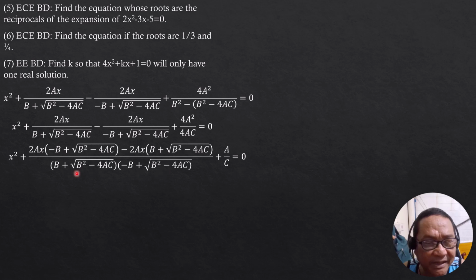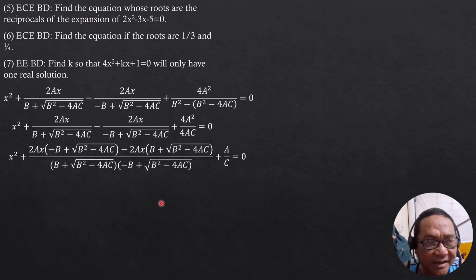And the denominator is the product of b plus square root of b squared minus 4ac, negative b plus square root of b squared minus 4ac. So this is the square of the first, negative b squared, then positive b squared of b squared minus 4ac and negative b squared of b squared minus 4ac, that will be eliminated. And the last term would be the square of the radical.